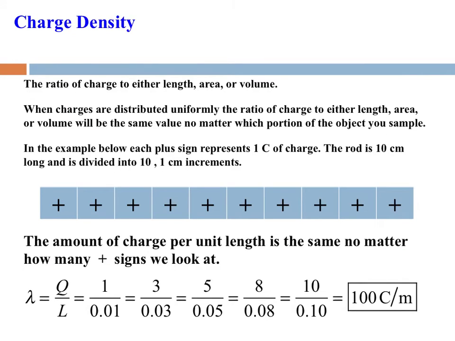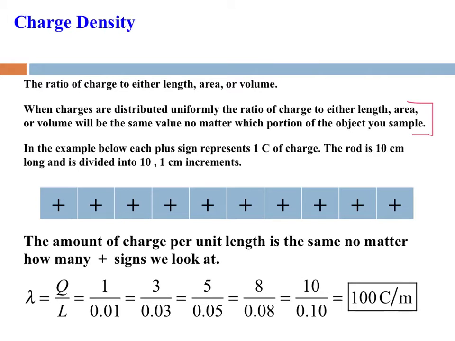So charge density is the ratio of charge to either length, area, or volume. So, when charges are distributed uniformly, the ratio of charge to either length, area, or volume will be the same no matter which portion of the object you sample. And this is going to be helpful when we start looking at different shapes to be able to understand what